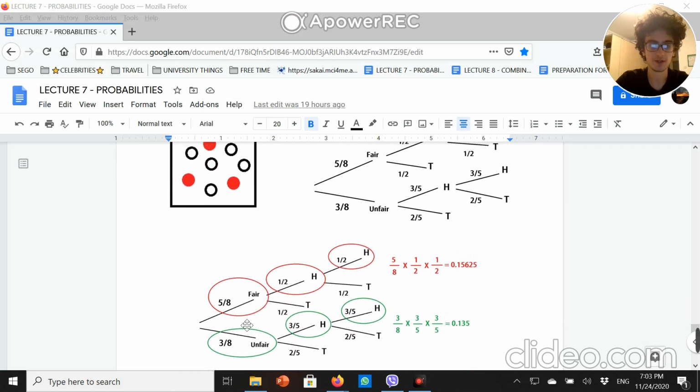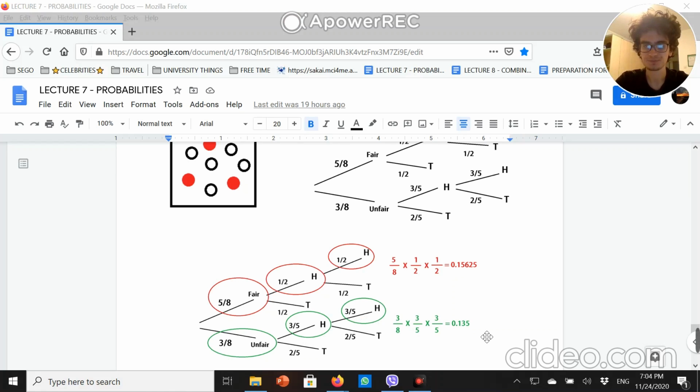So we need to focus as it follows. So for the fair coin, we have 2 possibilities, and for unfair one as well 2. And how will we find the probability of scoring 2 heads if the coin is fair? So we would multiply 5 over 8 times 1 over 2 times 1 over 2, and it would give us 0.15625. We will do the same thing for unfair coin, so the probability of getting unfair coin and times probability of getting head and times probability of getting head. So 3 over 8 times 3 over 5 times 3 over 5. It would give us